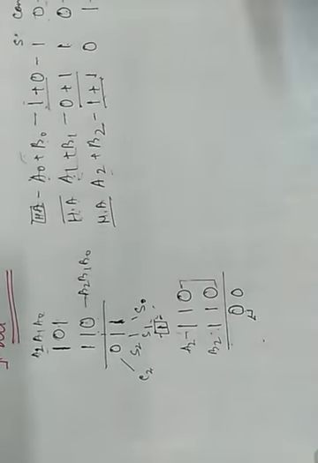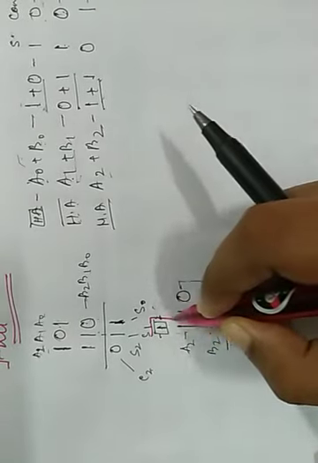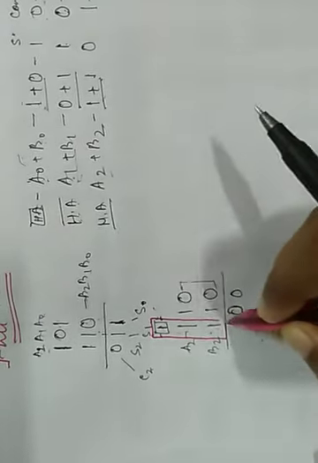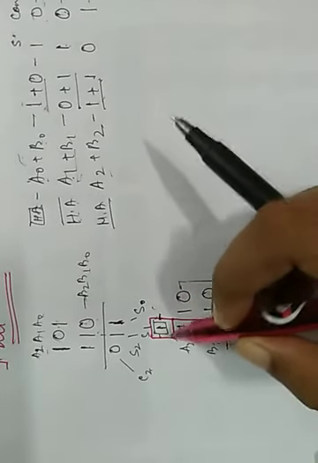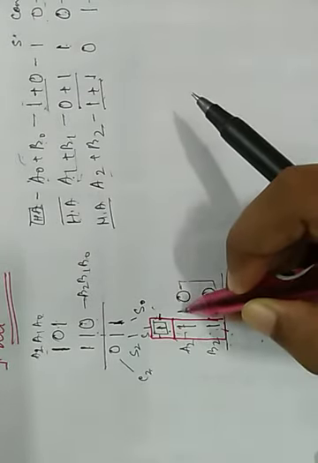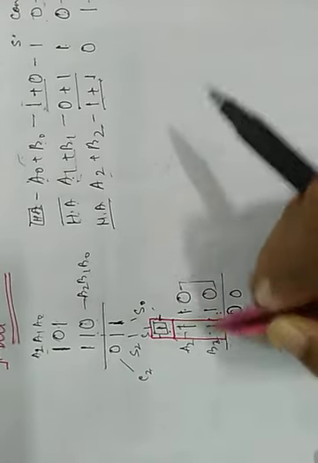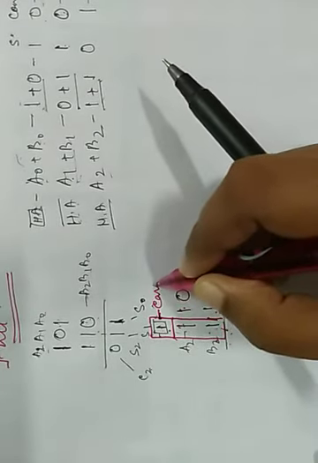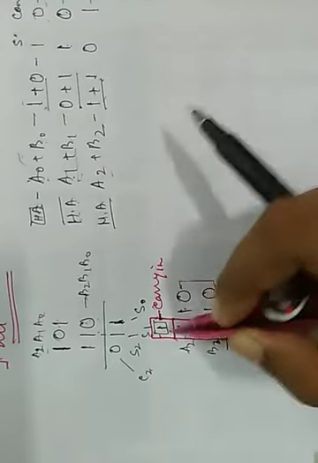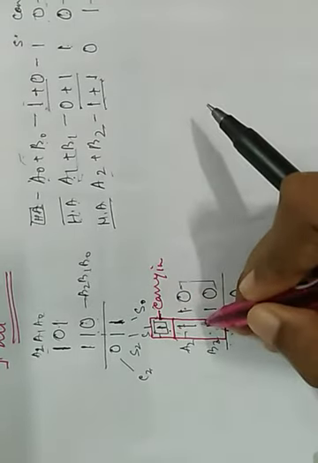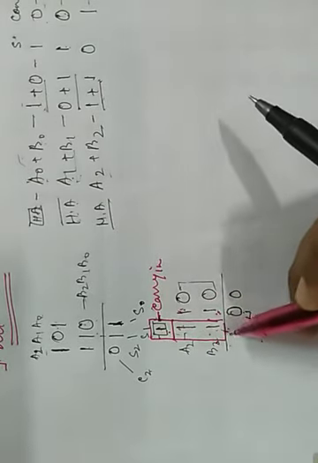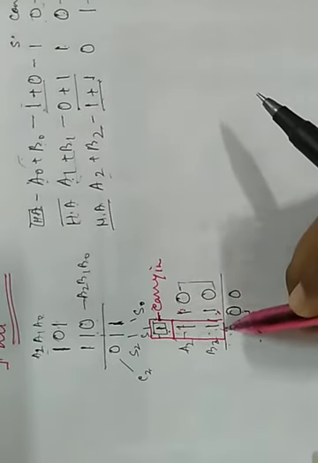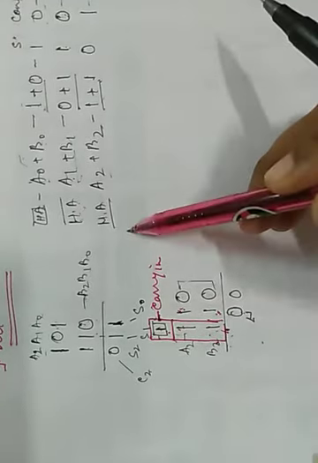So in this case you can see very clearly, we have to add 3 bits. 2 bits are from the 2 binary numbers, and the other one is the carry that comes from the addition of the previous 2 bits. This is known as carry in, the carry which comes out from the addition of the previous digit. Here we have to add 3 bits, but a 3 bit operation cannot be performed using half adder.